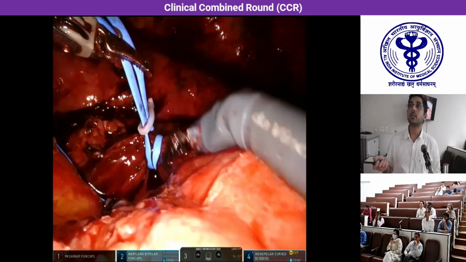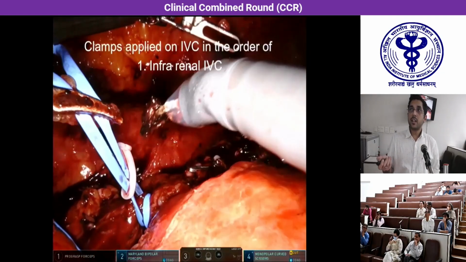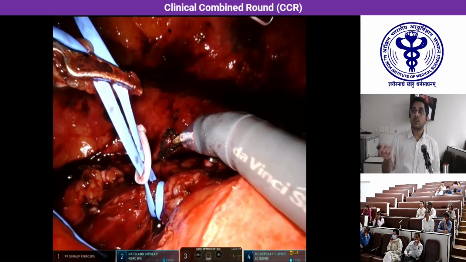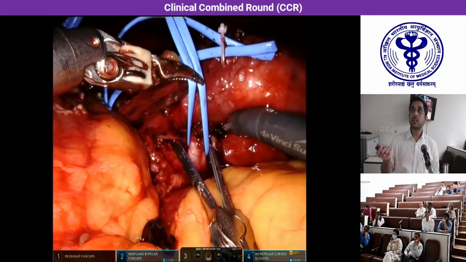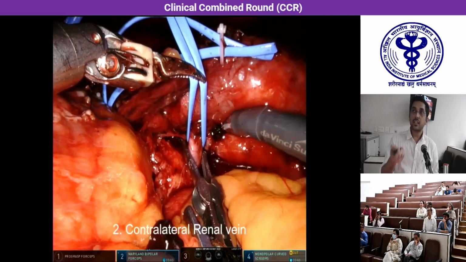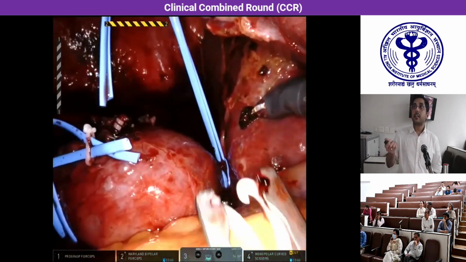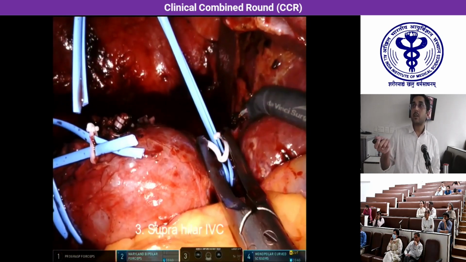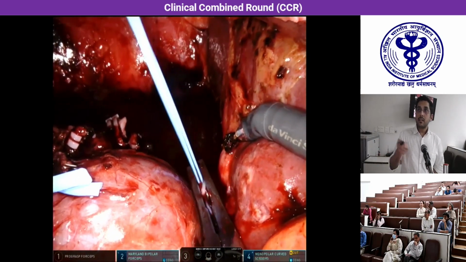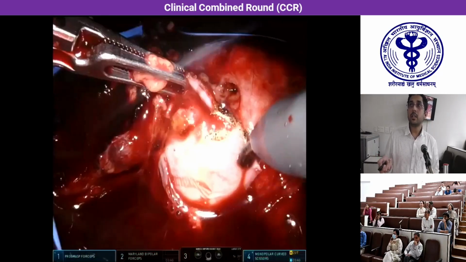Now we come to the part of the tumor thrombectomy. As I explained before in this schematic diagram, what we need to do before giving the cavotomy incision is to take appropriate control of the infrahilar IVC. It's a sequential control, moving on to the contralateral renal vein, and then finally the clamping of the suprahilar IVC. Once we have clamped the IVC in all these three directions, we are ready to perform our venotomy and